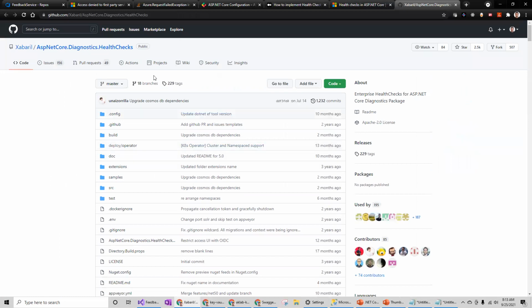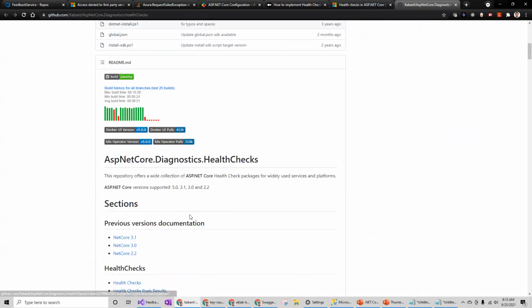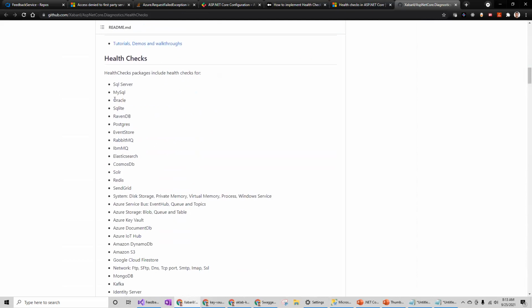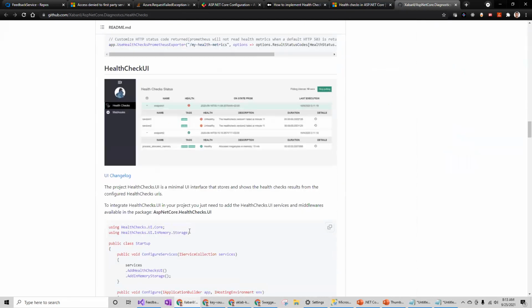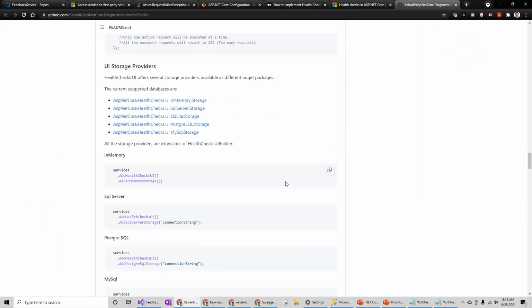And I also found the actual source code location for the API health check, the different endpoints supported, the different NuGet packages, and how to configure them. These are my references for connecting to the Azure health check.